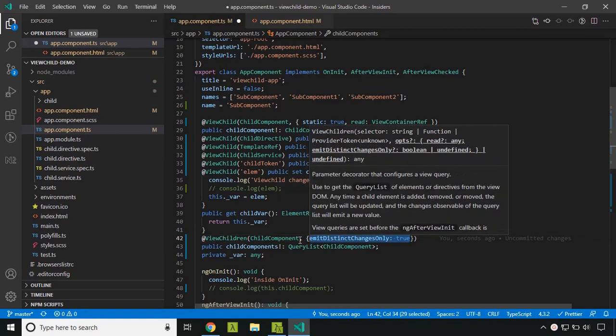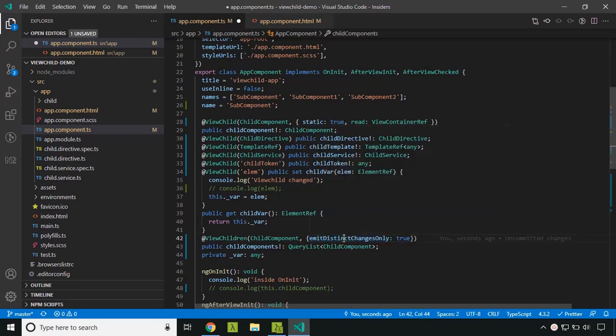The significance of this flag is that it emits the changes only when the results actually changed when we subscribe to the query list. Previously, when you provided it as false, it used to execute multiple times. As of Angular 12, it will get deprecated.